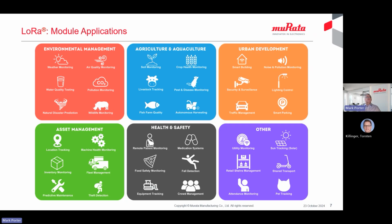Livestock tracking, very similar to the wildlife monitoring, but the livestock tracking is becoming a very big industry, a focus for us in terms of the LoRa technology. Generally, a large application area or use cases with cattle, so monitoring the location, the physical health conditions, and when the cattle come into their breeding season, all of these things can be monitored and data collected on